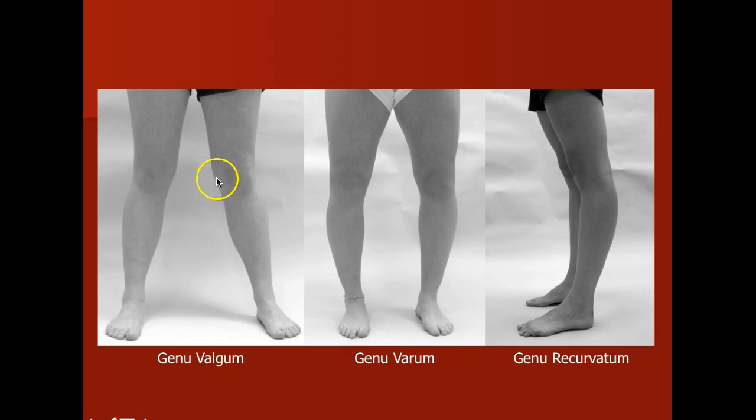For example, in genu valgum, all these structures on the inside are already on stretch. That part of the joint is already opening up. So everything on the inside would be already somewhat stretched, and everything on the lateral side would be a little bit more compressed. Genu varum would be the opposite, and in genu recurvatum, everything posteriorly would be a little bit more stretched already, and that might include the ACL and the PCL, and everything in front here is going to be a little bit more compressed.